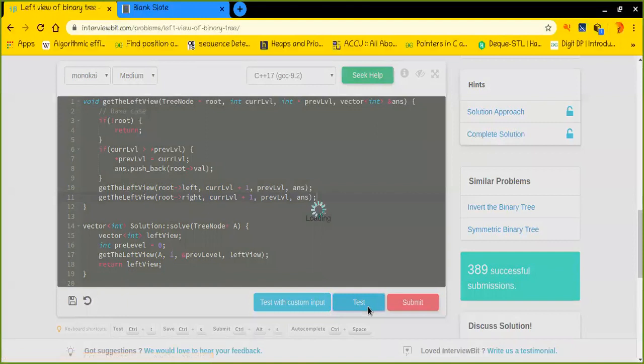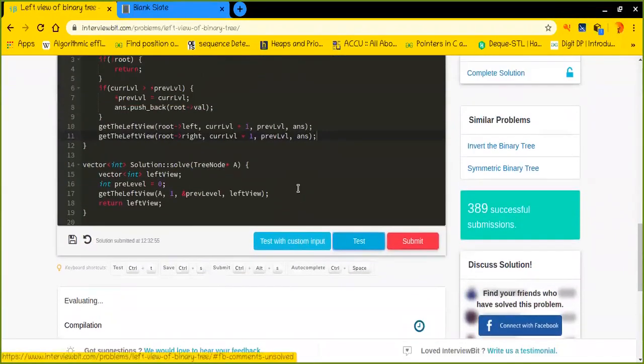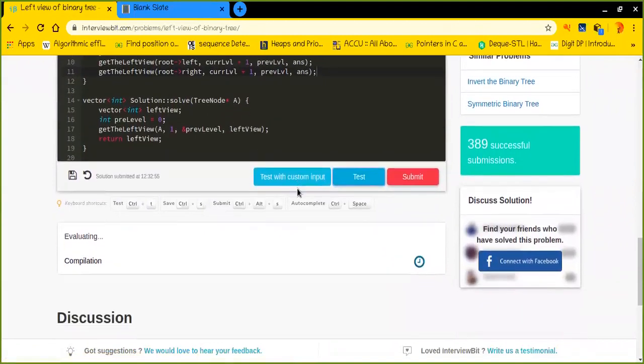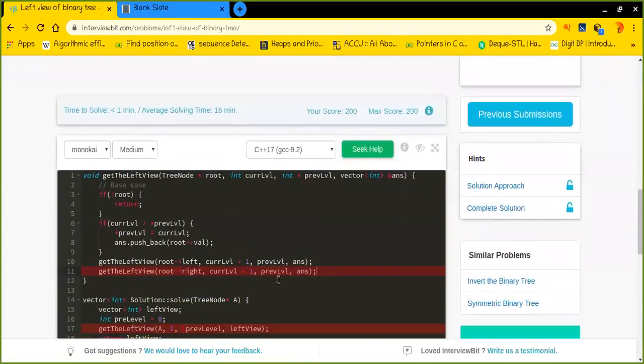So yeah, this is it, and let's run it and see whether it is working or not. Okay, there is an issue. Previous level is not declared.